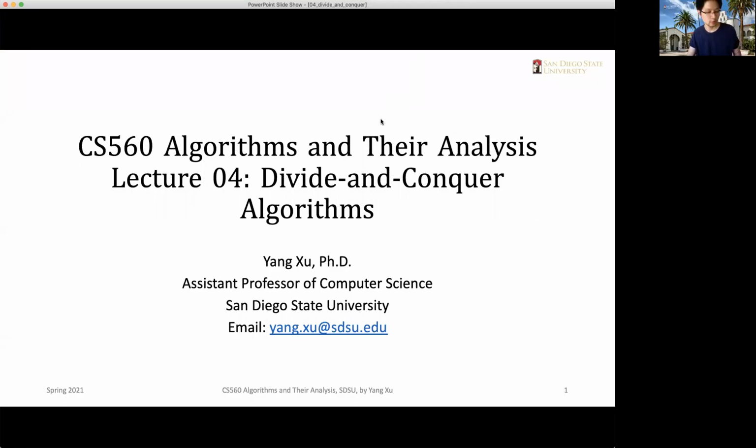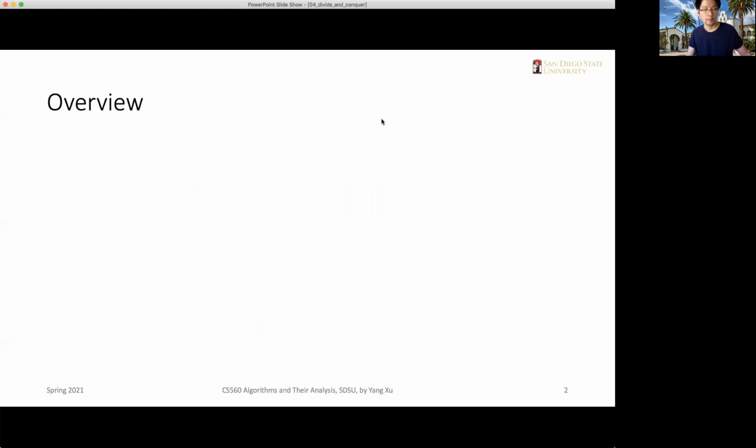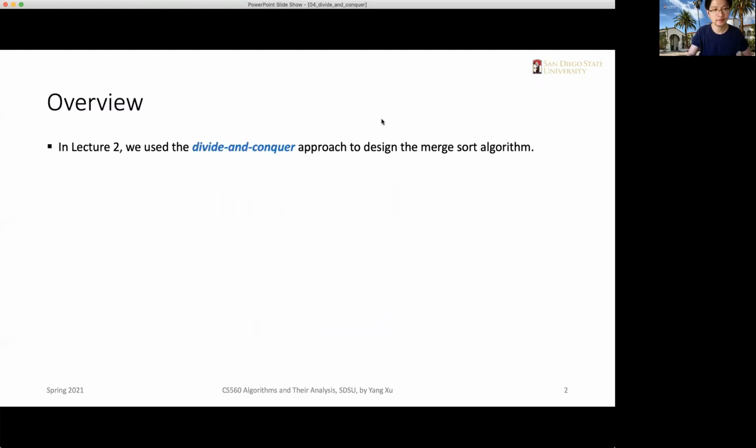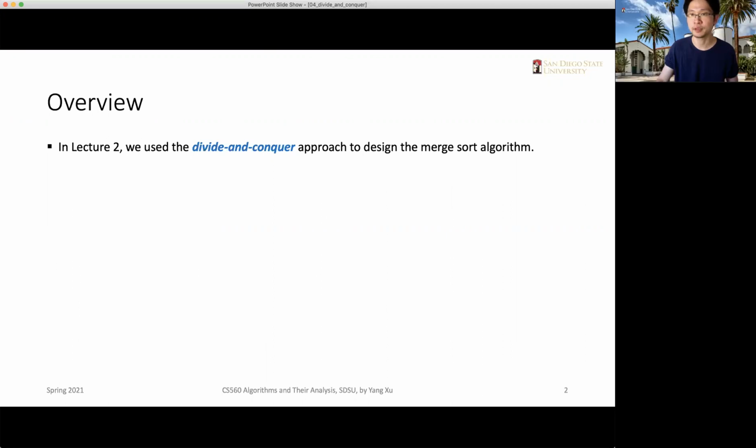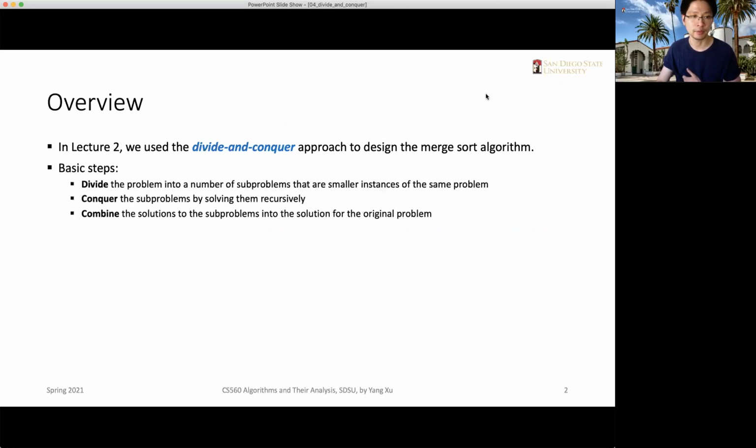Okay, so divide and conquer. First of all, we have already used it to design a merge sort algorithm. It turns out to be a quite efficient way of implementing the sort algorithm. Okay, and if we have a brief review here, we know that there's three basic steps: divide, which is to